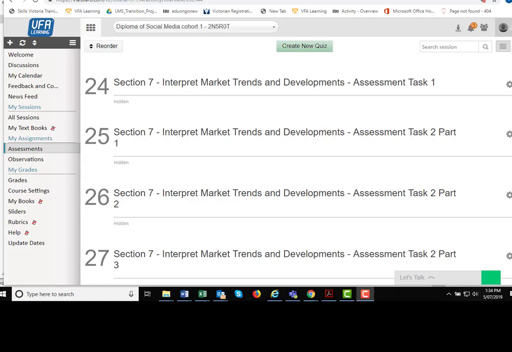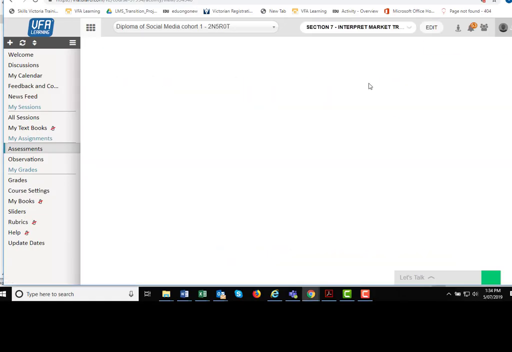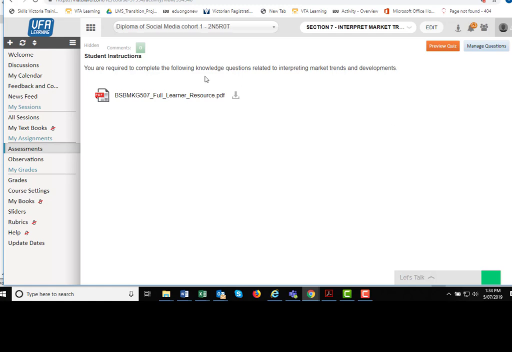We're going to have a look at Section 7, Assessment Task 1. As you can see, these are knowledge questions related to the information covered in Section 7. What we've also included here is a copy of the full learner resource, so that when you're doing the questions, if you don't want to have to go back through all the steps of the LMS, you can just